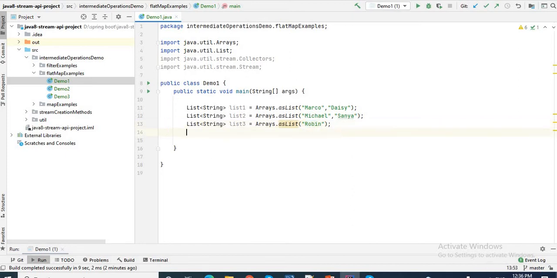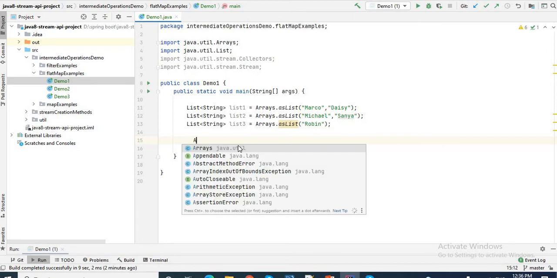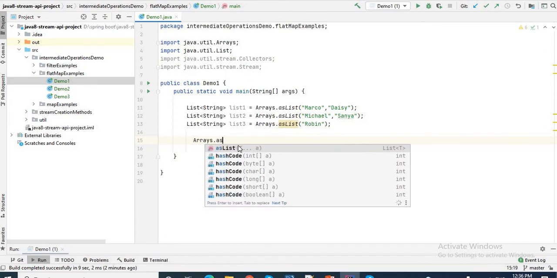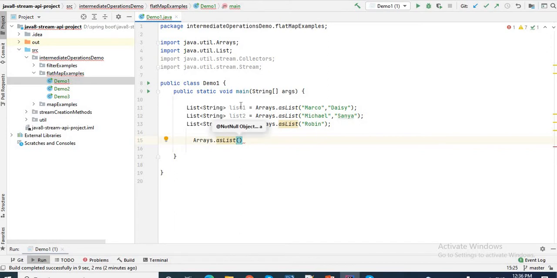If I add these 3 lists to a final list, how can I add? Simply I can do this: Arrays.asList, and inside this I'll pass list 1, comma list 2, comma list 3. This is my result list and I will assign a local variable over here.